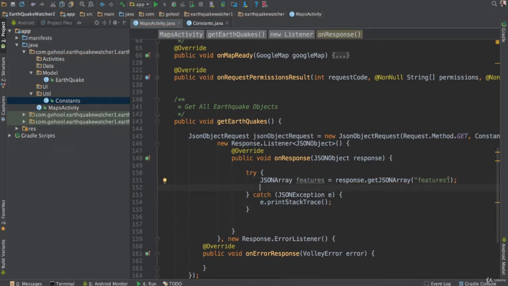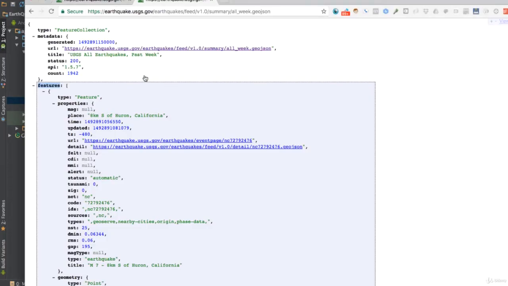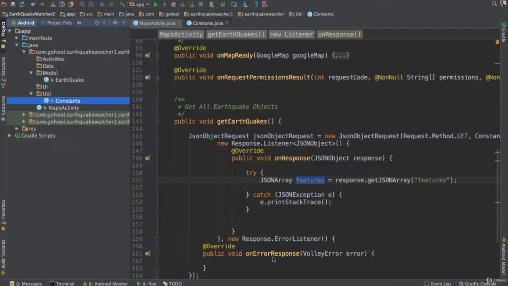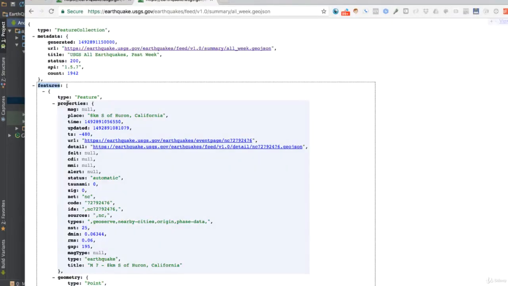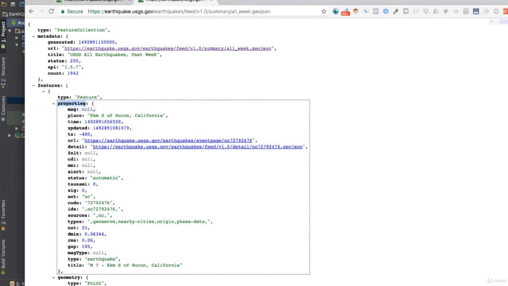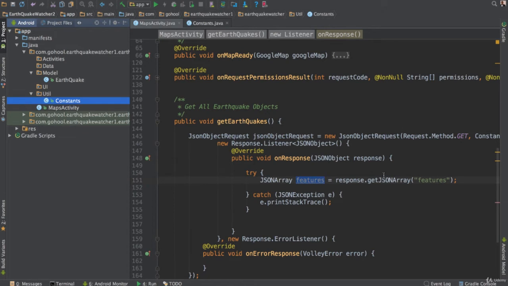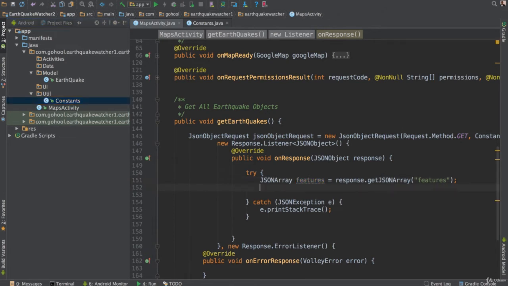That's good. So now that we have our features, that means we have all of these objects inside of this array. The next thing we need to do, of course, is to get our properties object for each item in this array of objects. So once we have that, what we need to do is go through that array. So we're going to say for